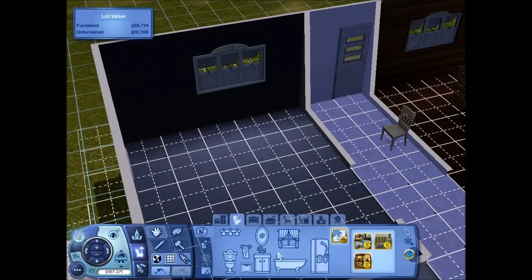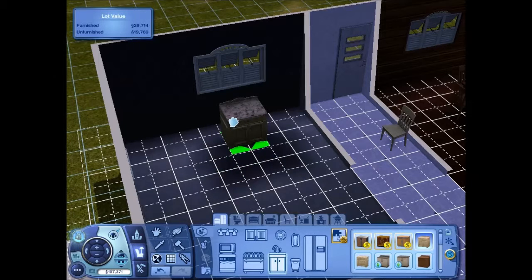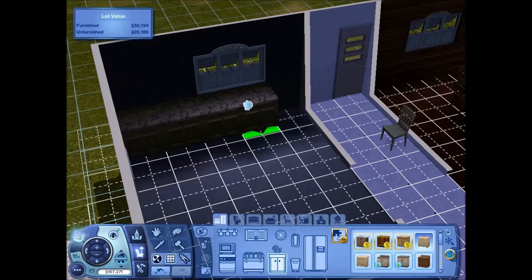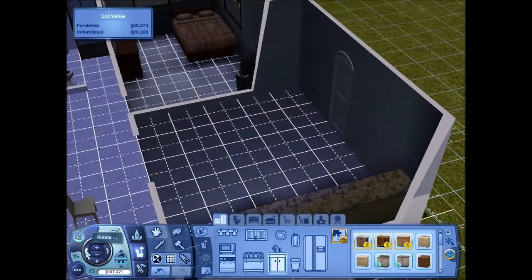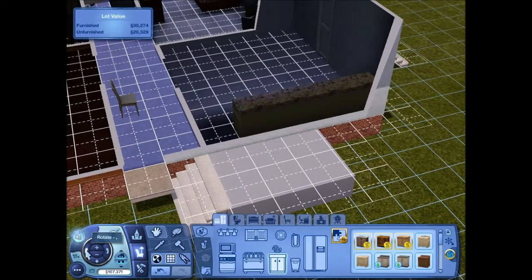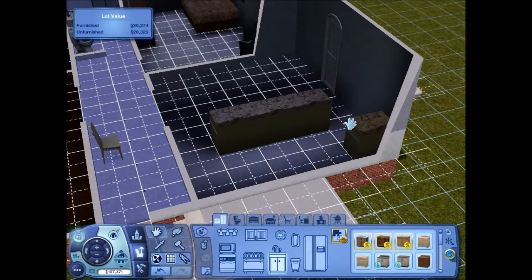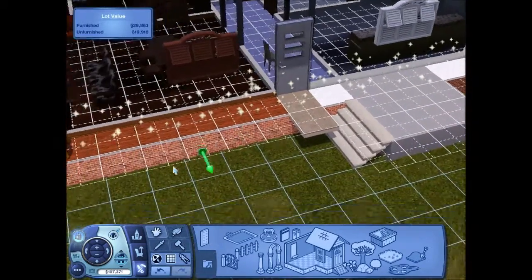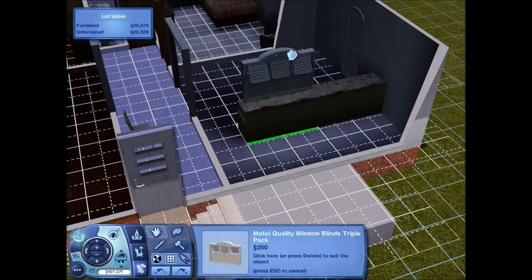Now the kitchen, where all the magic that my grandmother did happened. I think I'm gonna have these country style kitchens. Huh, did I make this too wide? I think I did. This is exactly what I wanted to avoid, and I'm doing it anyway. Oh, that's not what I wanted to do. I think I might have to break this wall and then...